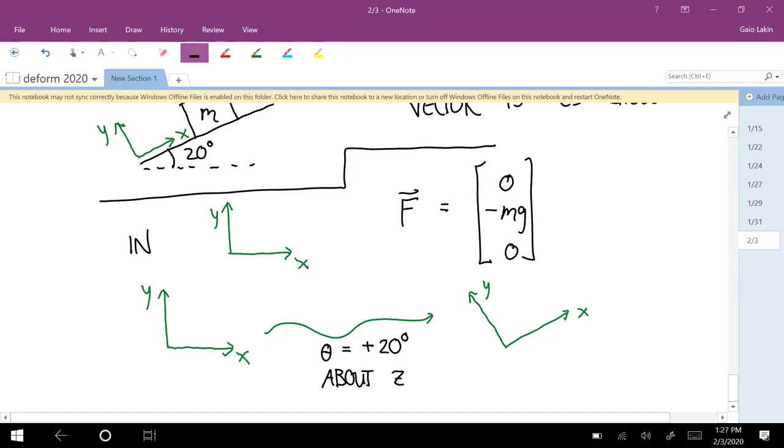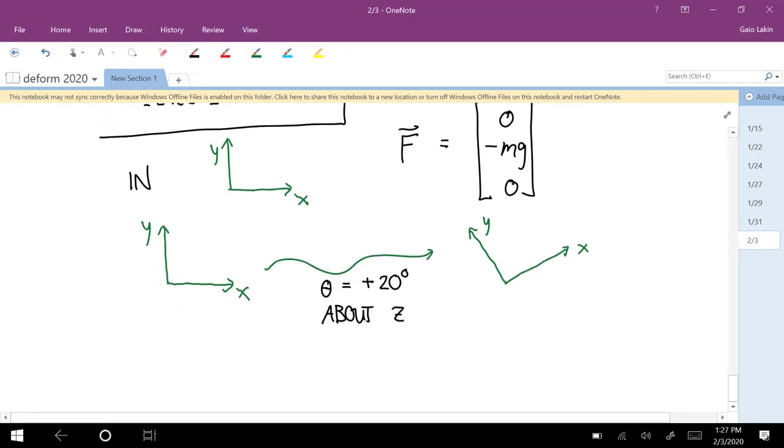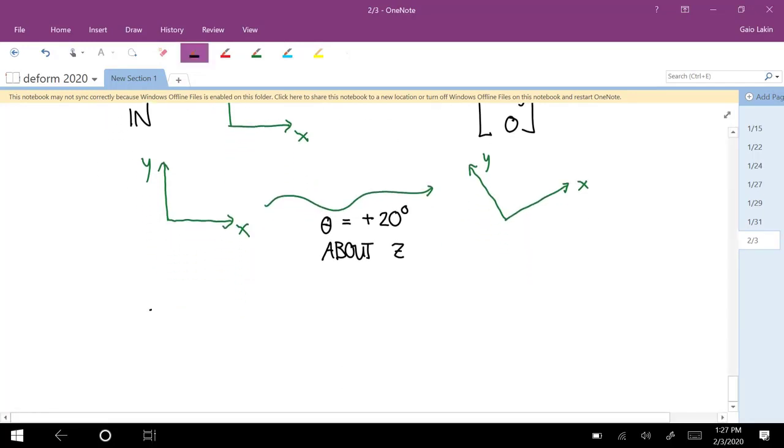Whether it's positive or negative comes from the right-hand rule. Since we're rotating this way, that's a positive z angle. And so the rotation matrix is